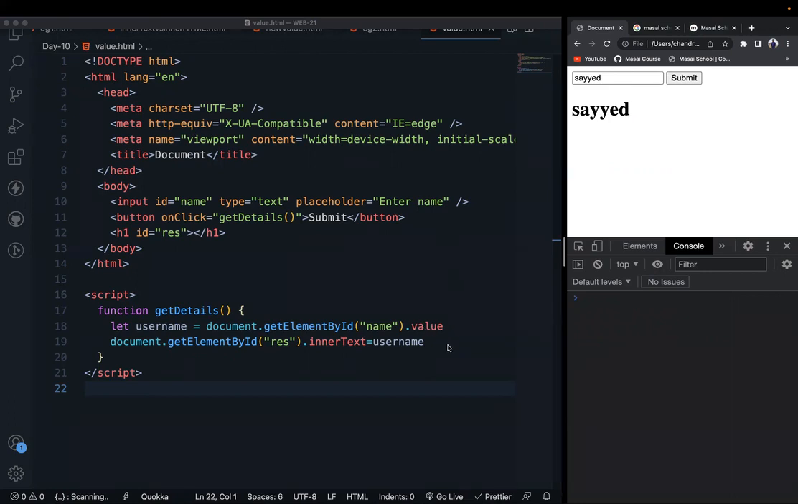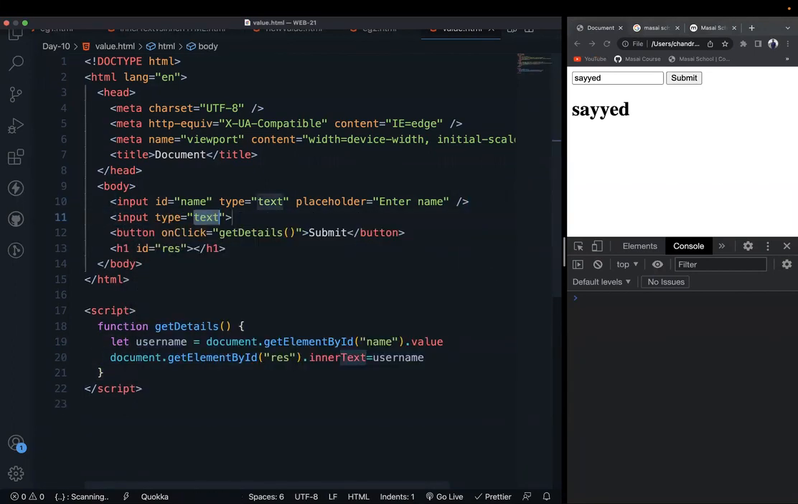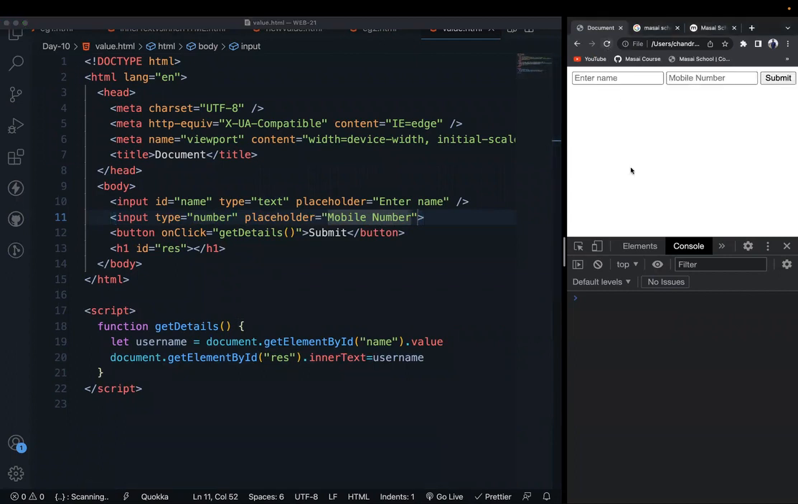I will take one more example. Suppose I have one more input type. Now I want to give type as number, and I want to catch the mobile number of some person. Now I have two input tags. So now when I click on submit, I want to show